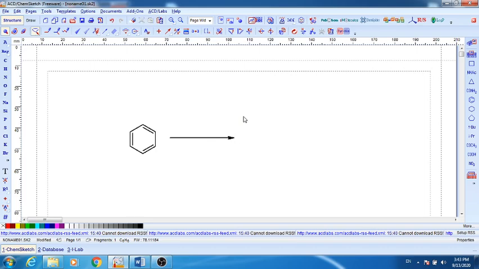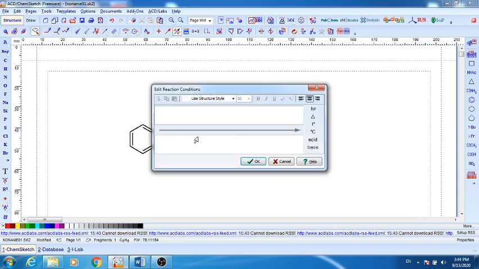Now most of the time, on the arrow in chemistry we write the conditions of the reaction. For that, beside this arrow, the very next tool, reaction arrow labeling, is given. So I will click over it and it is selected, you can see that, and I will again click on this arrow. So one table will pop up. You can see that, edit reaction condition. As we want to write nitration of benzene, we know that the reagents are